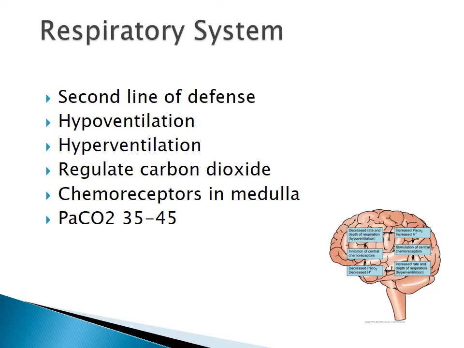So the lungs are regulating the carbon dioxide, and the chemoreceptors in the medulla of your brain are going to sense that there is a pH change. Based on sensing that the pH has changed, the chemoreceptors in the medulla will vary the rate and the depth of your breathing to compensate. So if our pH is low, that means we have too much CO2, too much acid, too much carbonic acid. And so it's going to increase our respiratory rate so that we blow off CO2,